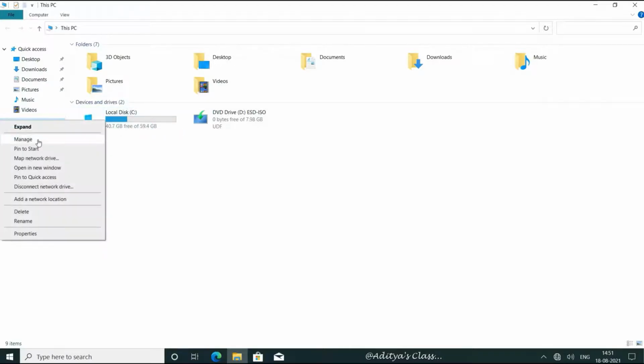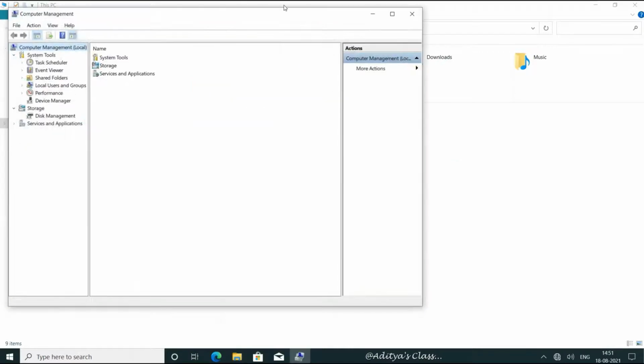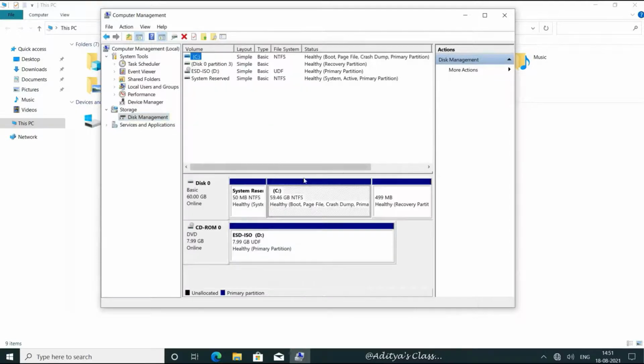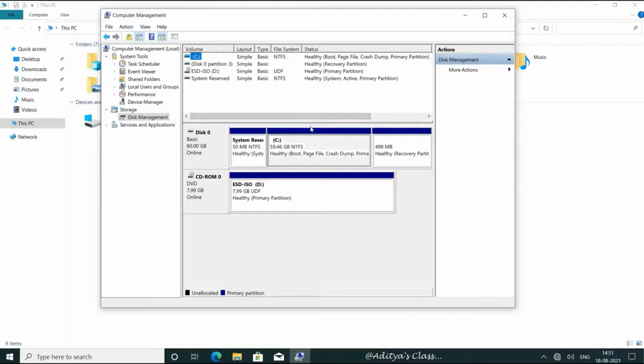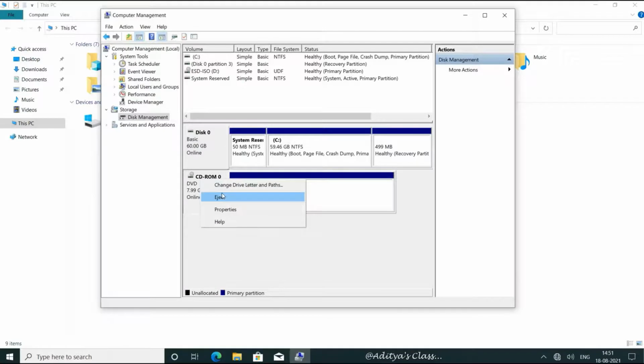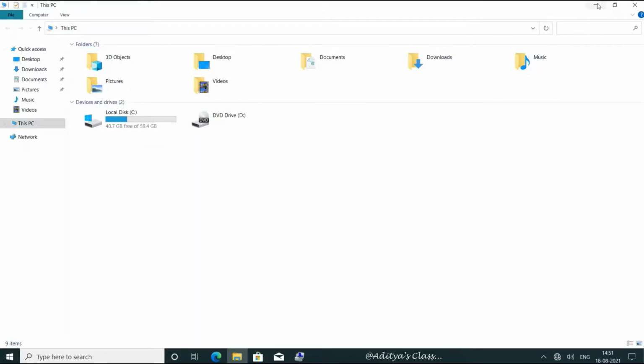But before we do, let's go to the computer management. So you can right click on this PC and click on management to open computer management. And then you can click on disk management. You see, we have a single disk, that is disk 0. And yes, we do also have a CD DVD ROM. Let's eject the disk.